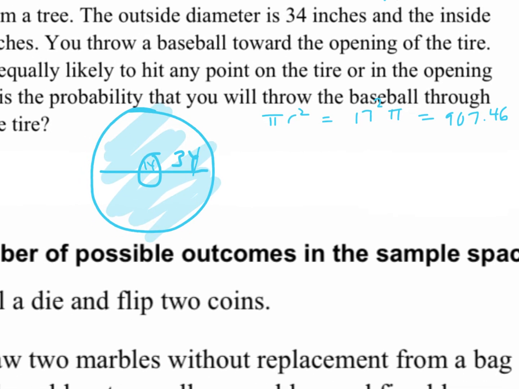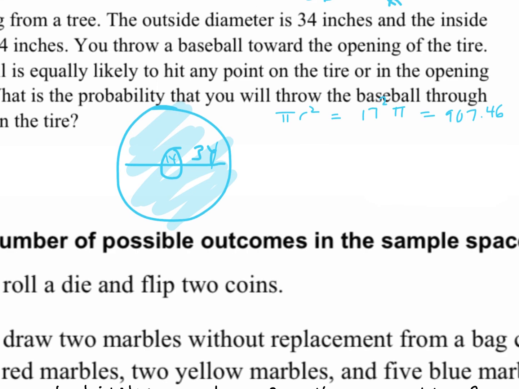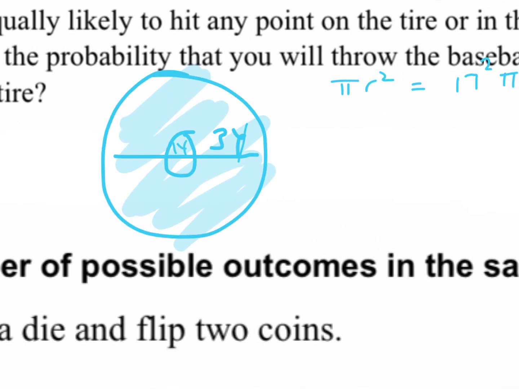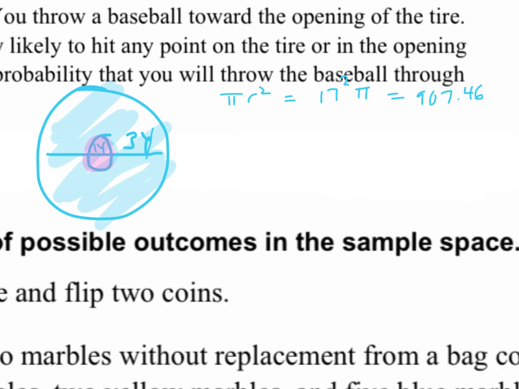Now, it's asking us what's the probability that you will throw the ball through the opening of the tire. So that would be in here. This circle. So we want to find the area of the little circle now. Again, we use pi r squared. Our diameter of the little circle is 14. So that would mean the radius of the little circle is 7. So we have 7 squared times pi, which is 49 pi, or